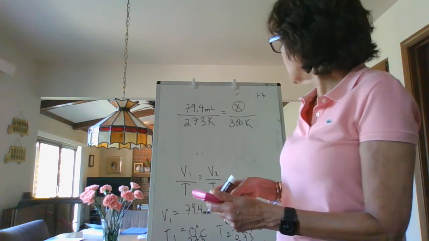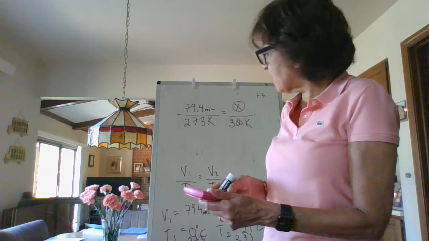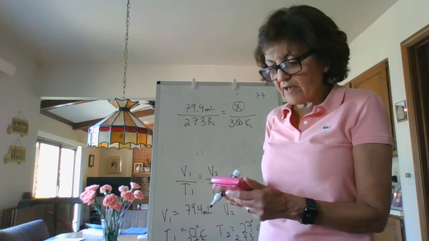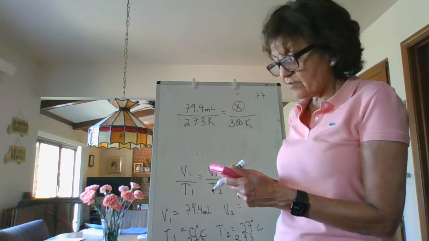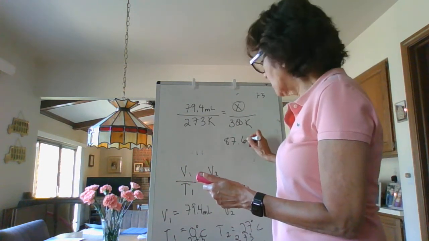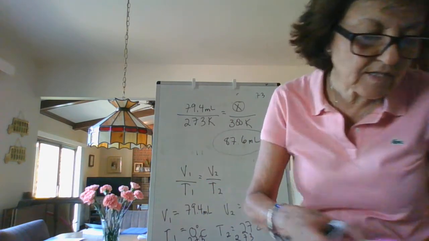So let's go ahead and do that. 79.4 times 300 divided by 273, and you get 87.5824, etc., etc. We only need 3 sig figs, so it would be 87.6 milliliters. So when you increase the temperature,